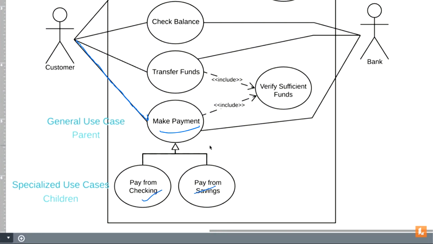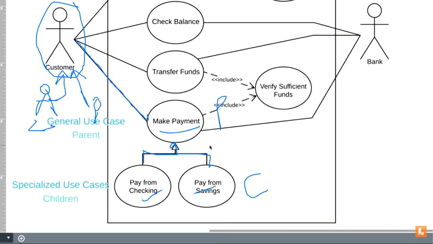With the help of an arrow, generalization is represented. Generalization is just inheritance. Keep that in mind. This is your parent class. This is your child class. So what do you think? Between actors, can there be inheritance? Can I make some actor here who is inherited from this customer, and make another actor here who is also inherited from this customer? Can we do that or not?